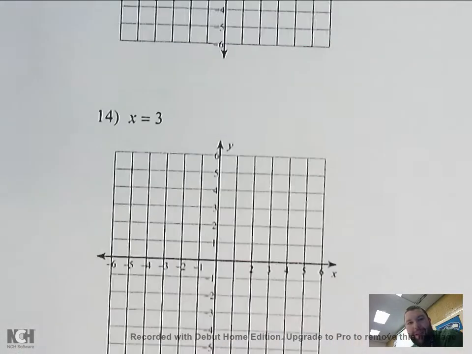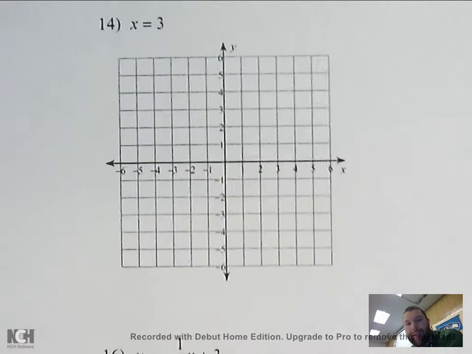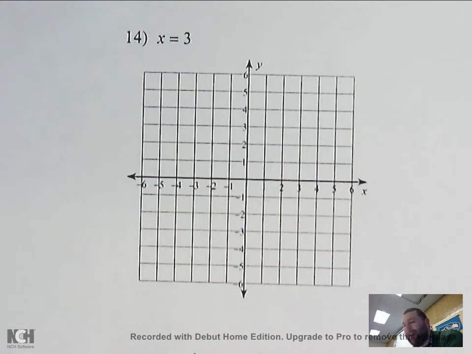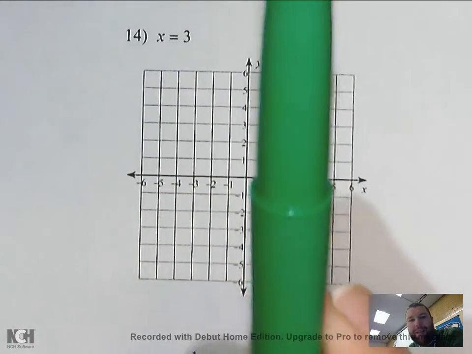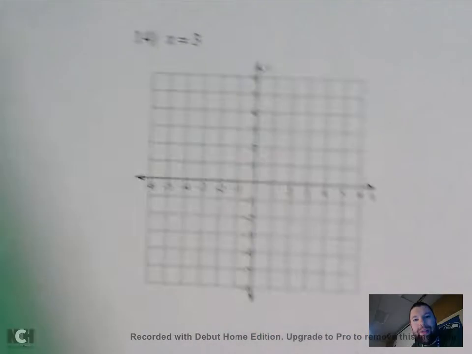Okay, x equals 3. We talked about this in the previous one. This is one of our special cases, right? x equals only intercepts the x-axis. As that, it means it is a vertical line, right? If x is always equal to 3,